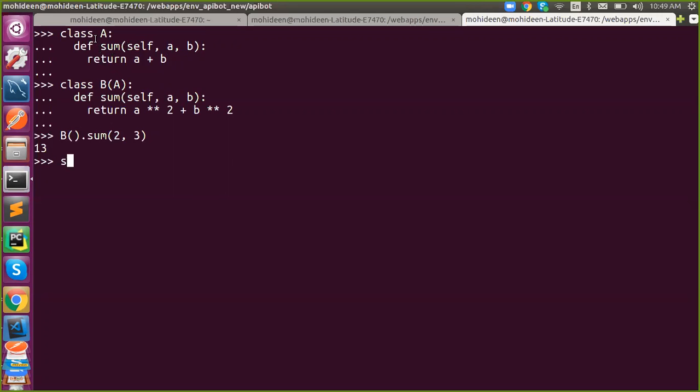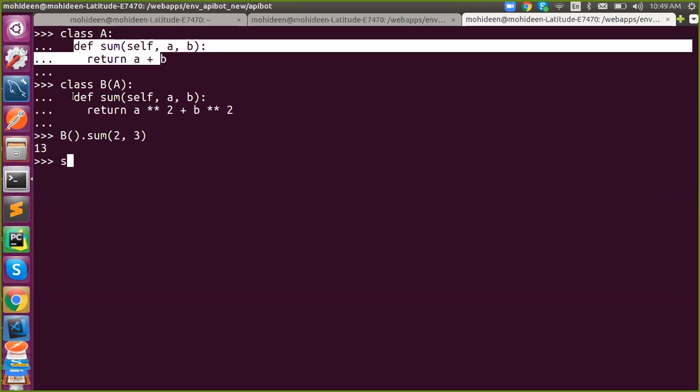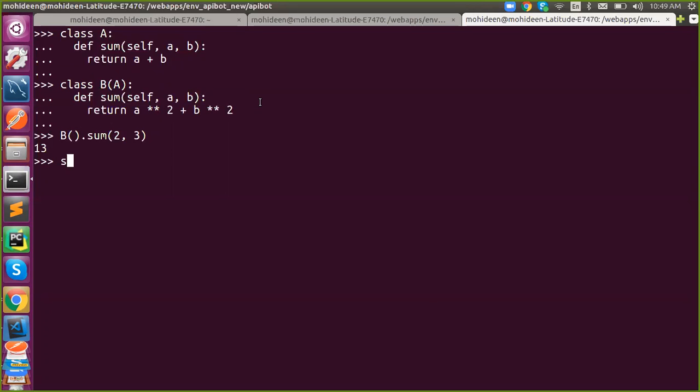What happened in this case? You have two classes with the same method. While you are inheriting, this method will be overwritten by this, right? You all know that. Now superclass will help you to utilize the same method before it's getting overwritten. That is the usage of superclass. So how to use it? That is what we are going to talk about.